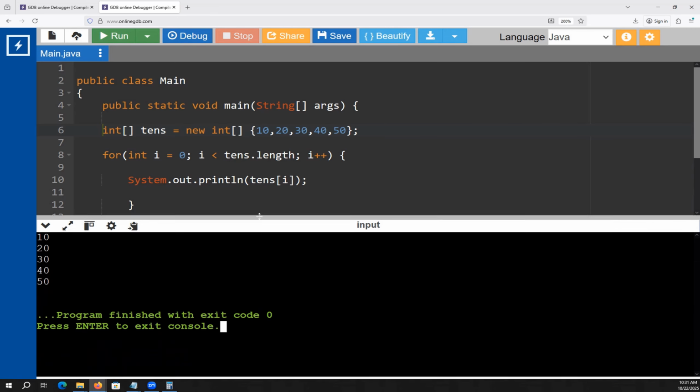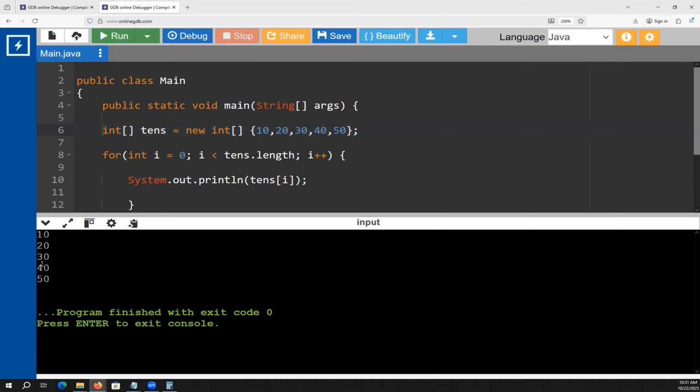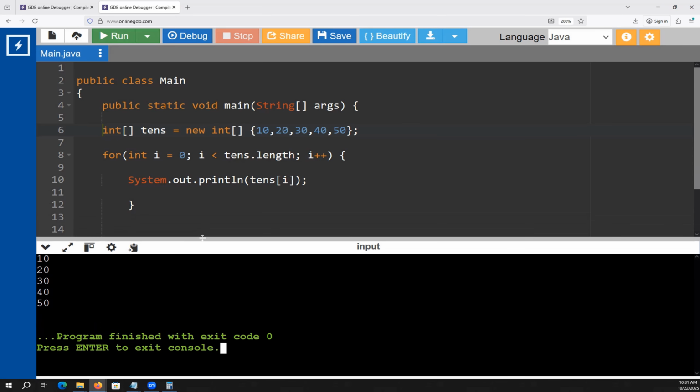The output is going to be accessing each element of the list one at a time and printing them out one at a time. That's what we get here. This is a way to automate the access of the elements in the loop. Very useful operation. And notice if I add items to the list,